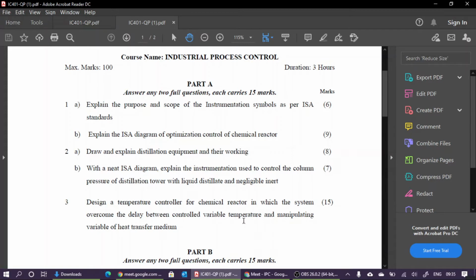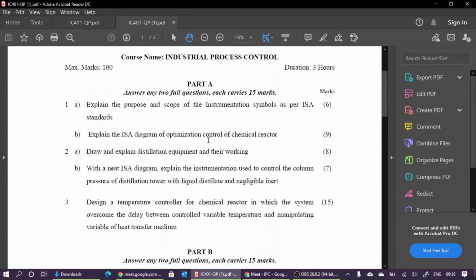We all know what is the need of optimization in chemical reactor. Normally, from the process control point of view, optimization is used to eliminate saturation. In several points we can expect saturation. For example, a 100% open valve or a 100% closed valve is a saturation condition. So 100% opening means the process is demanding,